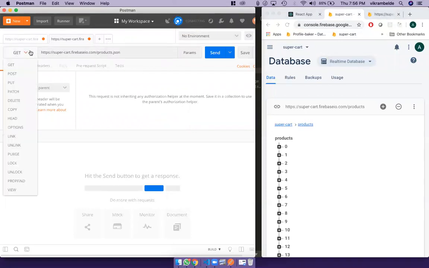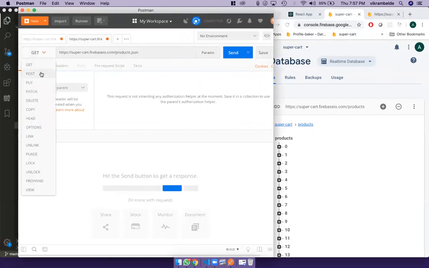So these are all the list of methods or operations that you can make on an API. The most used one is get, the second most used one is post, and depending on how your backend is set up, how your backend APIs talk, you also get to do put. It really depends on the backend developer who is doing this API, on the backend decisions they take. Getting the records is get, posting the records is post, replacing the records is put, and patch the record is when you have a piece of information. Like for example, in my case,